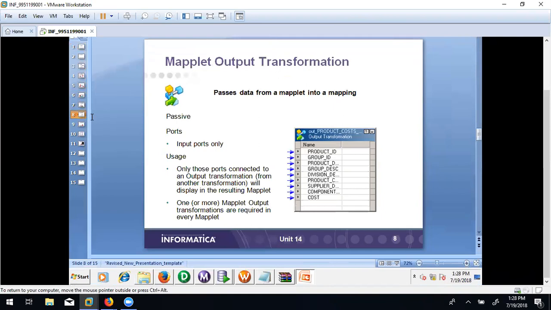The same thing applies over here, but the story is a little bit different. Whatever ports you are sending out, only those you can see. If you are simply using them but not sending them out, then you cannot see them from outside. Is that clear,